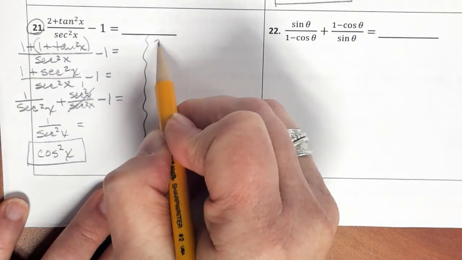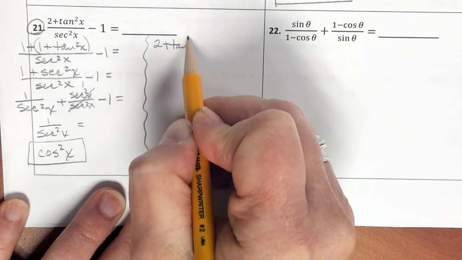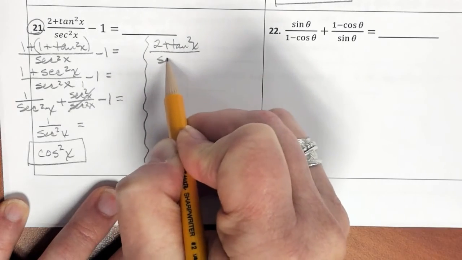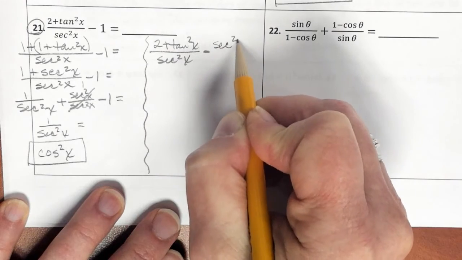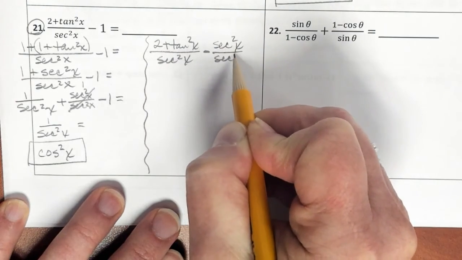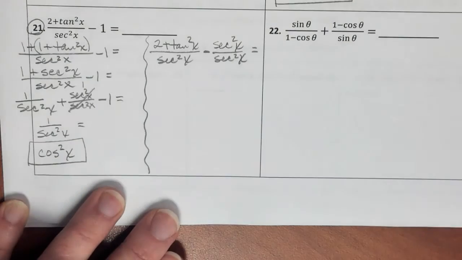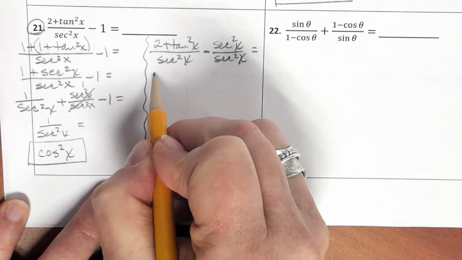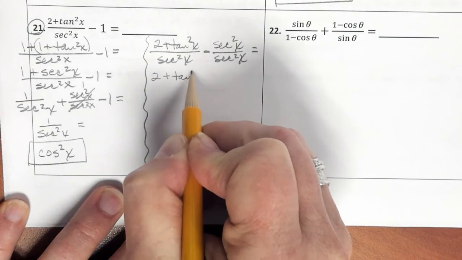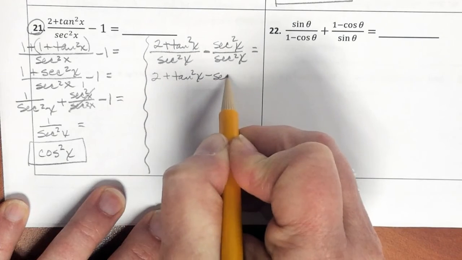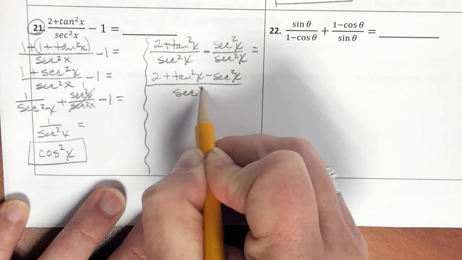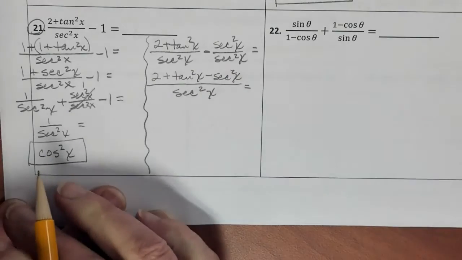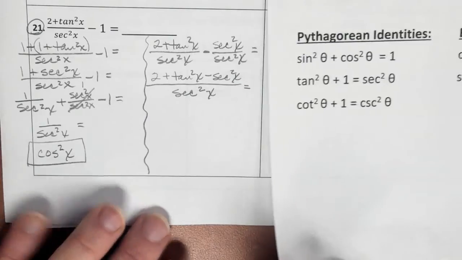All right, so I'm going to have 2 plus the tangent squared over the given secant squared, and I'm going to subtract secant squared over secant squared. Well, when I combine those, I'm going to have 2 plus tangent squared minus secant squared over my common denominator of secant squared, but because of your Pythagorean identities,